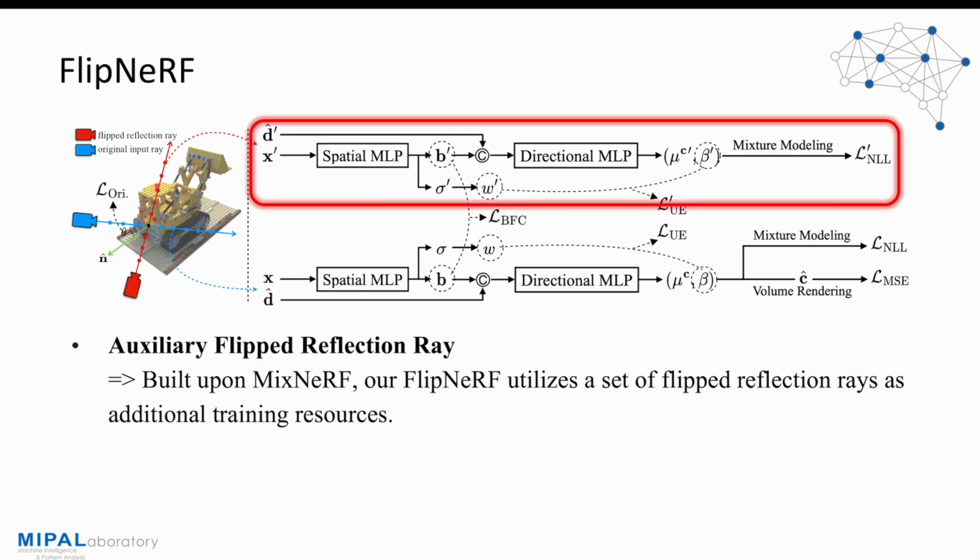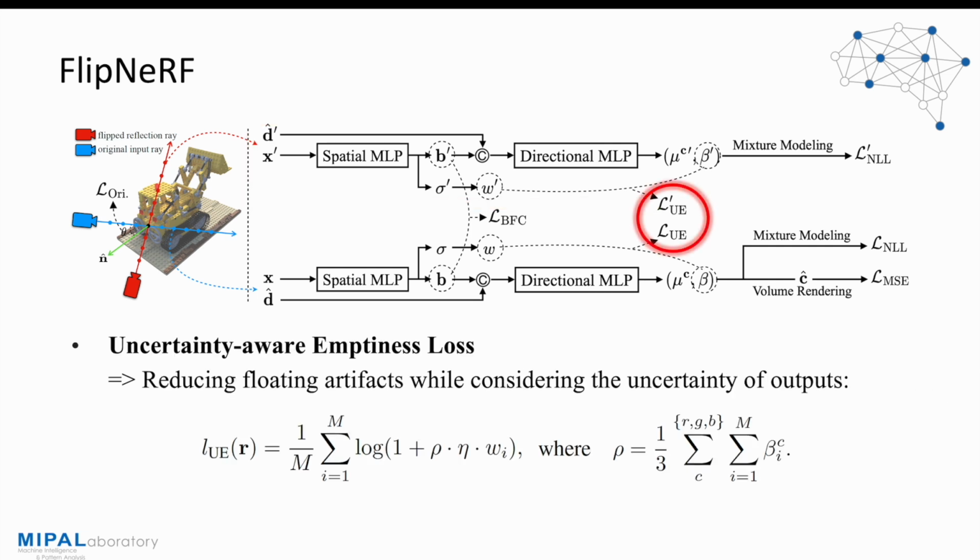Let's take a look at the FlipNeRF in more detail. First, our FlipNeRF is built upon MixNeRF, which models a ray with a mixture model of Laplacian distributions, and utilizes a set of flipped reflection rays as additional training resources. And we propose uncertainty-aware emptiness loss. By the UE loss, we are able to regularize the blending weights adaptively. It is able to reduce floating artifacts consistently across the scenes with different structures, and enables to synthesize more reliable